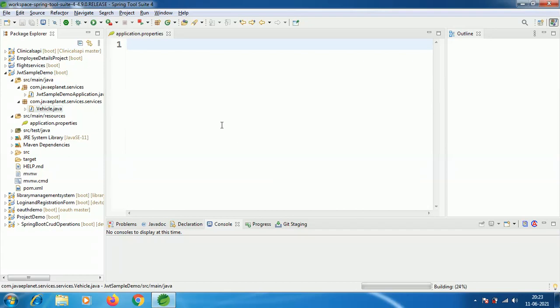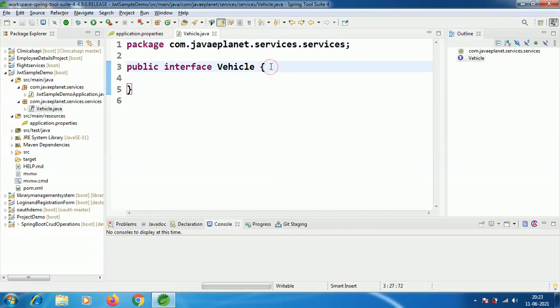Click on finish. This VehicleInterface has an abstract method, the fuel type method. I am taking this method as abstract because interfaces have only abstract methods up to Java 7. The abstract method is public, its return type is String, and the method name is fuelType.